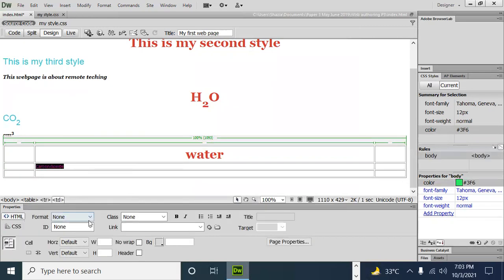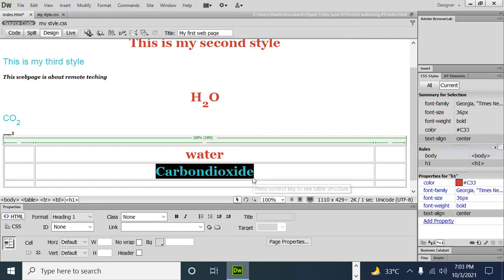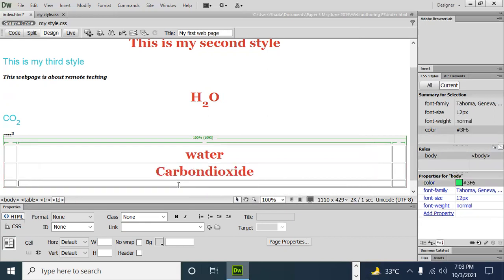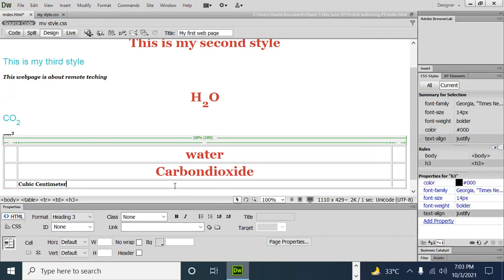The third one, go and heading 1 because it's the, okay. So here is a cubic centimeter. Suppose on random text I am going to type, I just want you to know, cubic centimeter, a tag. Again apply tag 1 because it's the bigger one. So if I apply tag 3, its font size was 14, and this is how.